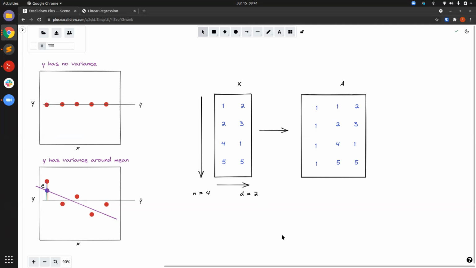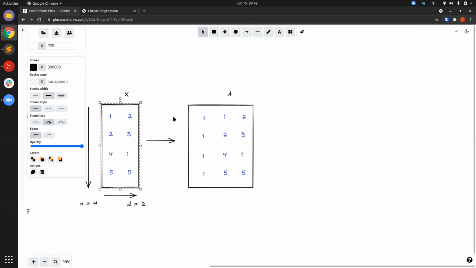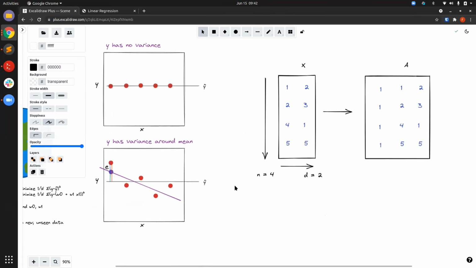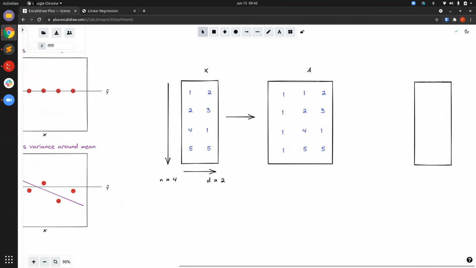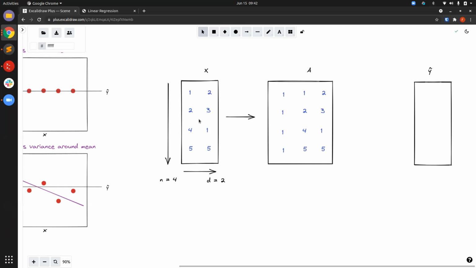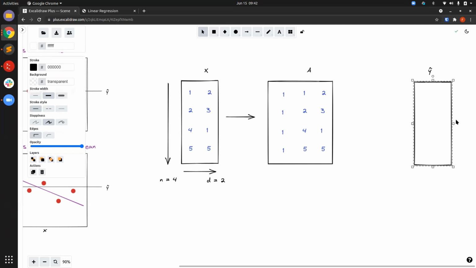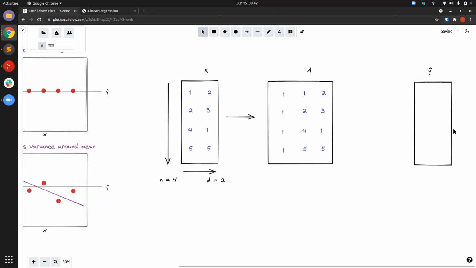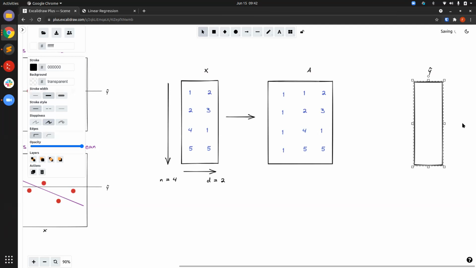Now I have this matrix A, and I want to compute y hat. Okay, so first of all, what are the dimensions of y hat going to be? How many rows, how many columns? Okay, so I'll have 4 rows. I'll have a predicted value for each sample, and I'll have 1 column because I'm only predicting 1 value for each sample. Okay. So we'll have our y hat equals